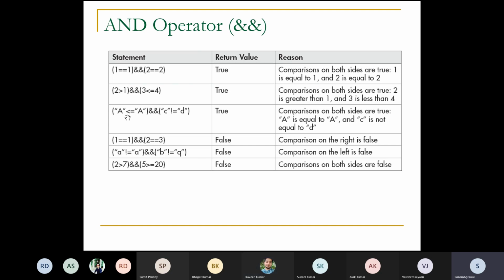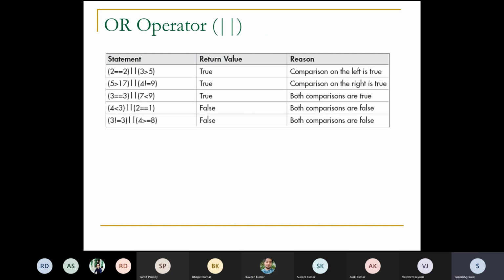इसी तरीके से थर्ड वाला है, ए नॉट इक्वल टू ए, मतलब सॉरी, ए लेस देन इक्वल टू ए। तो इक्वल टू होने के कारण, ए इज इक्वल टू ए, सो दैट्स व्हाई फर्स्ट कंडीशन इज ट्रू। दूसरी कंडीशन पे आइए, सी नॉट इक्वल टू डी, सी इज नॉट इक्वल टू डी, ये ट्रू हो गया। तो दोनों ट्रू होने के कारण रिटर्न ट्रू हो गया। यहाँ पे ट्रू क्यों रिटर्न हुआ? क्योंकि यहाँ पर ग्रेटर देन, लेस देन इक्वल टू का मार्क बना हुआ था। नीचे से दूसरे वाले, सेकंड लास्ट वाले में, लेस देन इक्वल टू या ग्रेटर देन इक्वल टू का नाम बनाकर नॉट इक्वल टू का सिंबल यूज हुआ है दोनों के बीच में, इस कारण से वो फॉल्स हो रहा है। यस मैम, क्लियर।